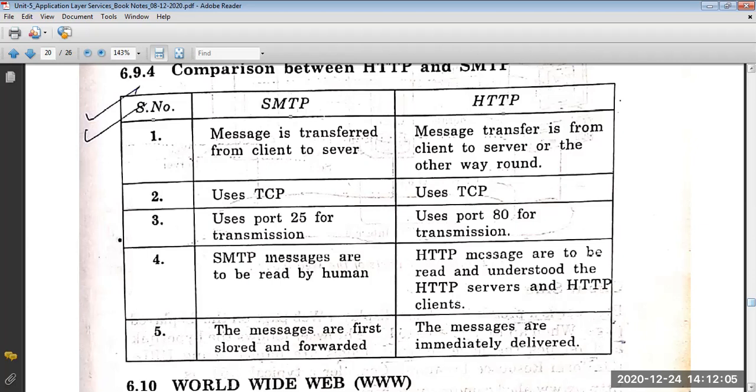The last point is that the messages are first stored and forwarded. Clear? In case of SMTP. SMTP मैंने आपको पहले ही बताया था कि पहले मैसेज को डाउनलोड करते हैं, then we can access the message. अगर हम उसको पार्शली डाउनलोड करेंगे या पूरा डाउनलोड नहीं करेंगे तो we can't access the message. Clear? So this is what that is the, you can say